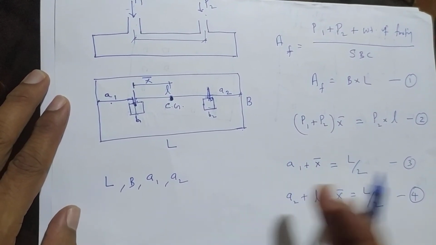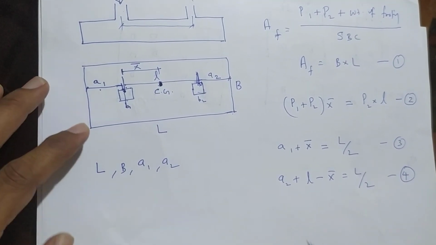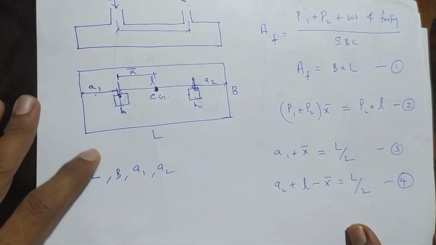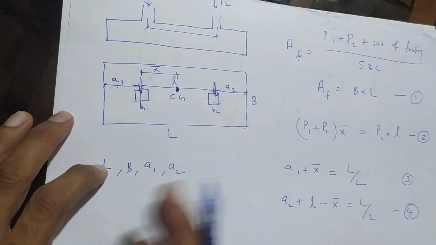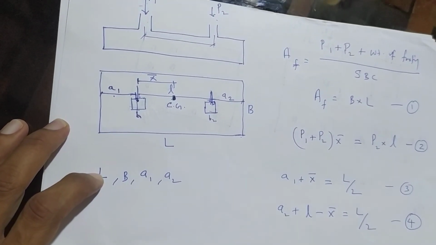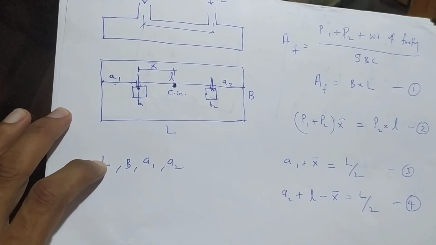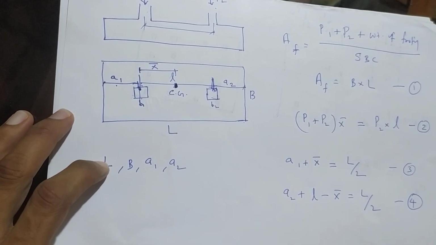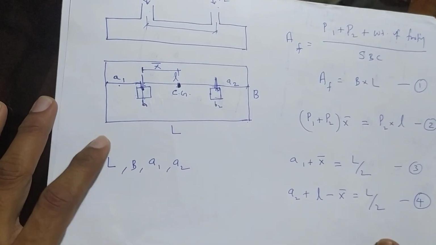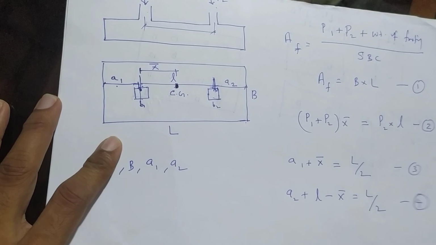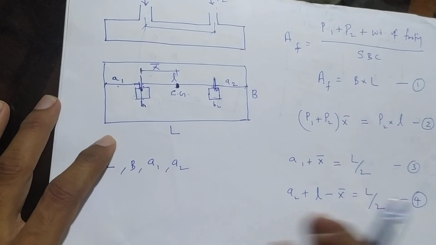The settlement part, you have already learned about immediate settlement and consolidation settlement. So you can revise that, refresh that, and we will try to solve a couple of problems based on settlement calculation. That is the same approach you already know: immediate settlement is QB into 1 minus mu square by ES, and consolidation settlement is CC by 1 plus e naught into H log of sigma naught plus delta sigma by sigma naught. That same equation you learned in your undergraduate soil mechanics will be applied to calculate the settlement. And in layered soils, sandy soils, clay soils with different parameters, how to calculate.